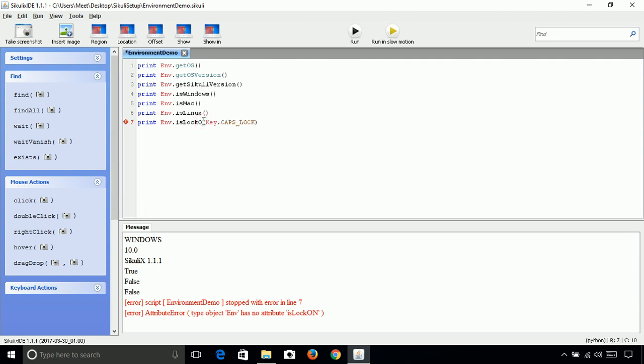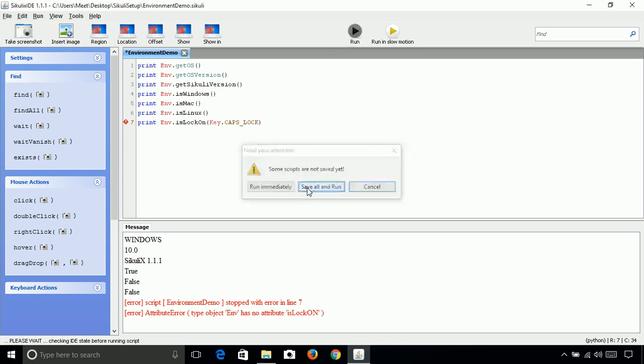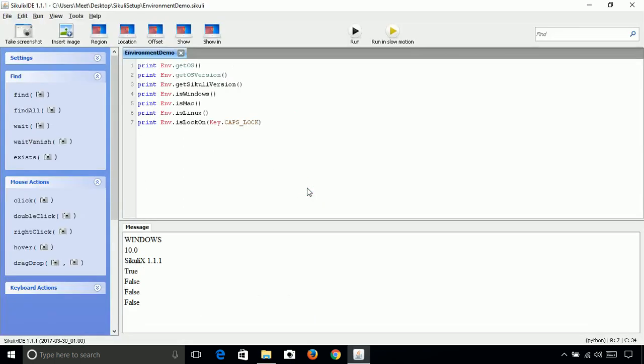Please ensure that you make the L capital, O capital, and every other thing should be smaller. Otherwise, it will give an error. Now, let me turn on the caps lock and let's run it again. So now it has returned true.